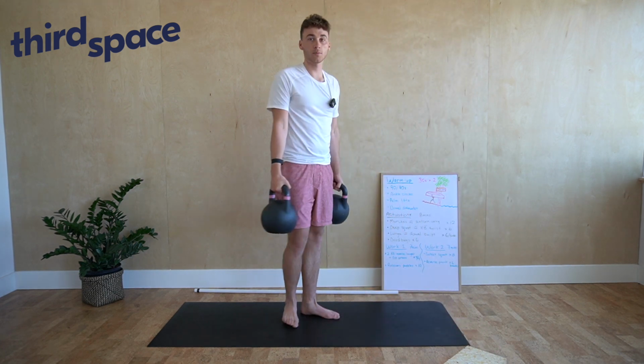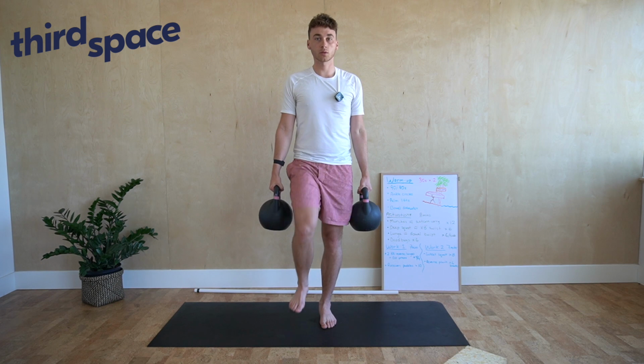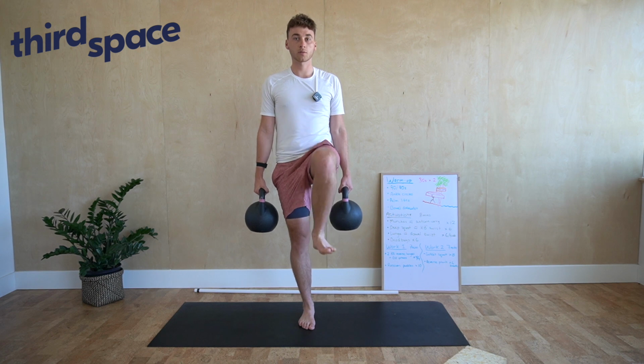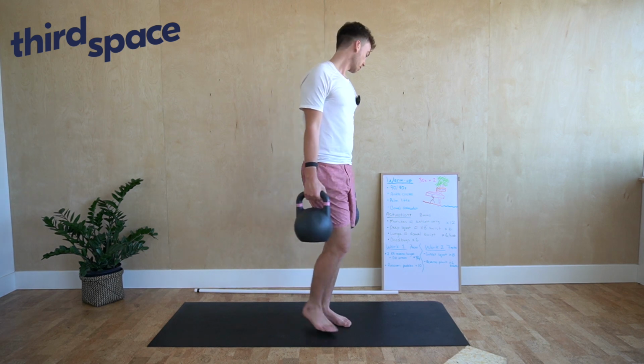So we're going to grab our kettlebells, just like this, suitcase carry. We're going to make sure that our shoulders are on our back body, we're not rounding forward. And then from here, we're just going to be doing nice and slow marches. So super slow, I'm not trying to break a record here. And we've just got 12 of these, really just working on our balance, and we've got a bit of grip strength as well. Once we're done those,